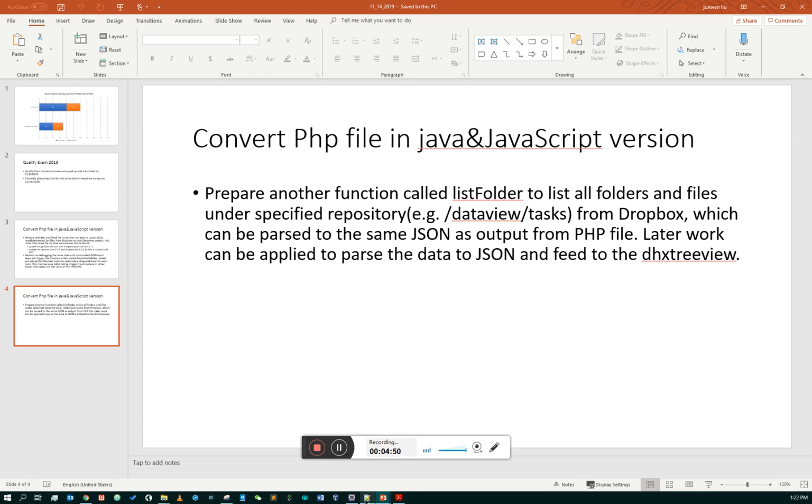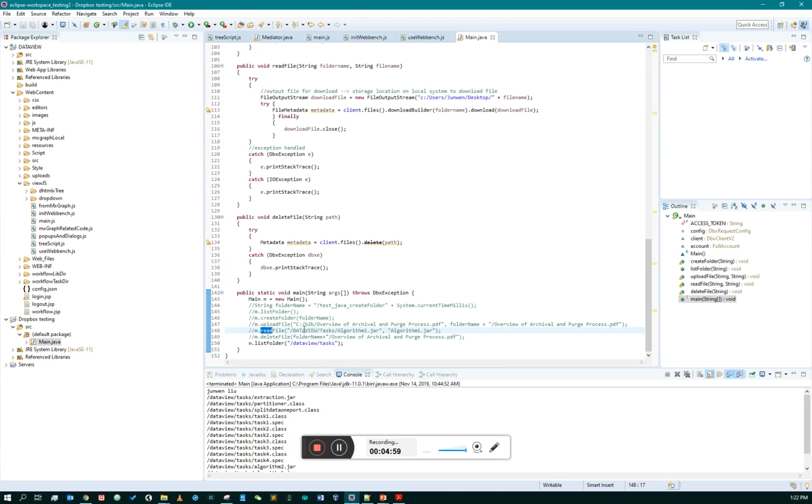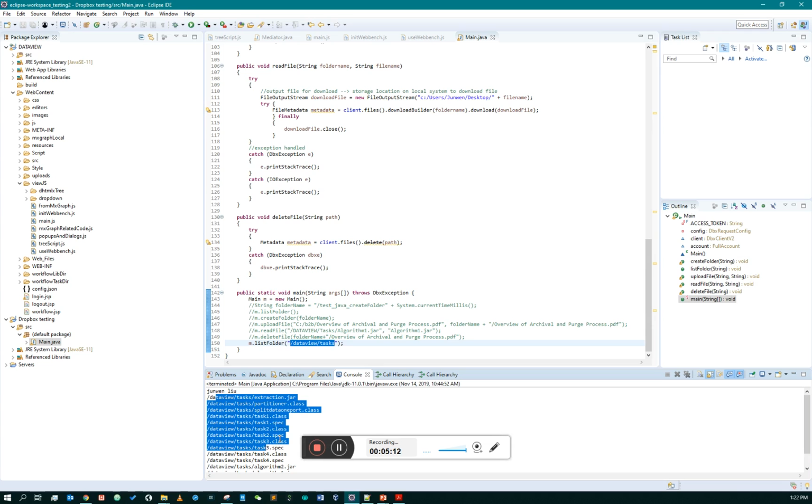If we look at the program right now, this is a test file where I call the list folder with a specified repository, and I can list out all the jar files or folders under this repository. Basically it's the same as what the PHP file is doing, and then the PHP file will further parse this content into a JSON format. That's work we will do later, to parse it to JSON format and then feed it into the